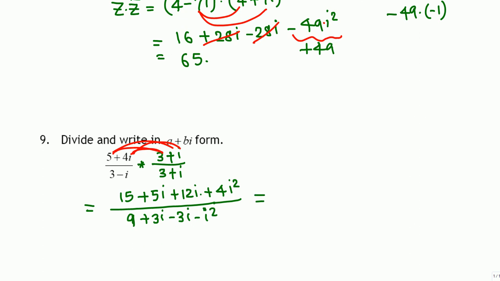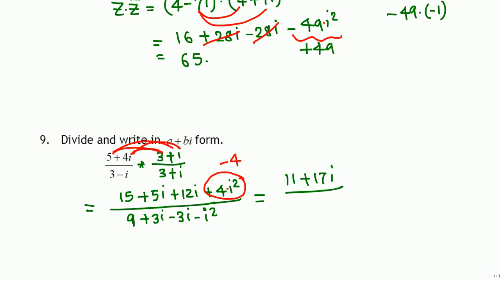That is on the top. Let's simplify. 4 times i squared, and i squared is negative 1. So this term is in fact 4 times negative 1, negative 4. So 15 minus 4, that's 11, plus 5i plus 12i. We can add these two numbers, 12 plus 5, 17i,